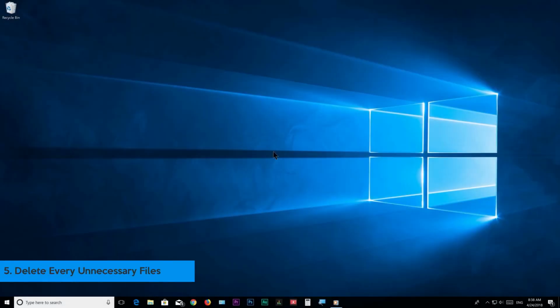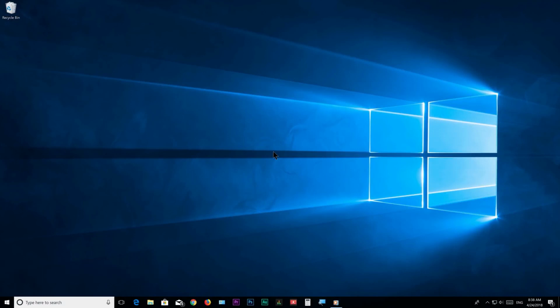Step number 5. Delete every unnecessary file. This is a way to free up some hard drive space and reduce some system load. We can call it a cleaning process if you want, but we're not using any tools to do it, because most of the third-party tools themselves cause slower system performance for a variety of reasons. We have to do a couple of things here, so let's start by cleaning the